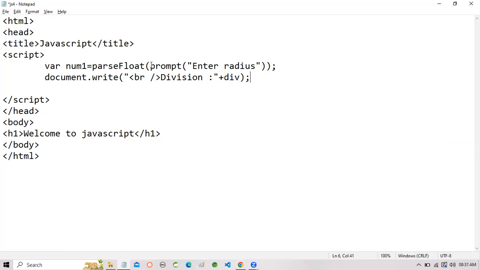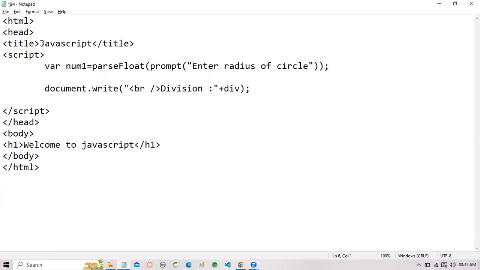So we can input, enter radius of circle. After that, we want to perform a calculation like area is equal to pi r square. So we have Math.PI into